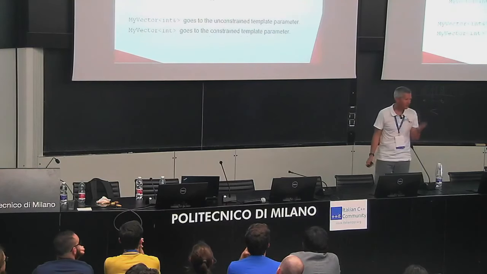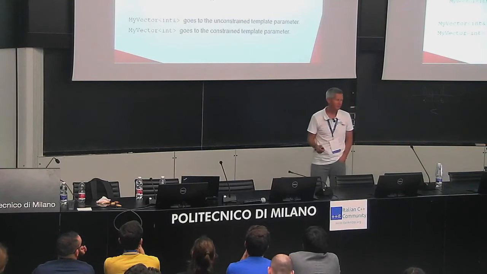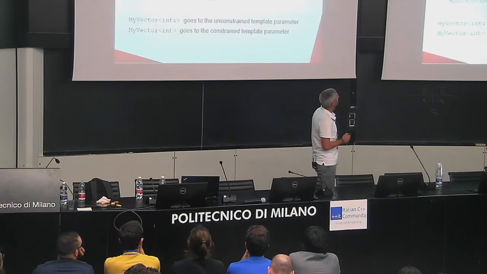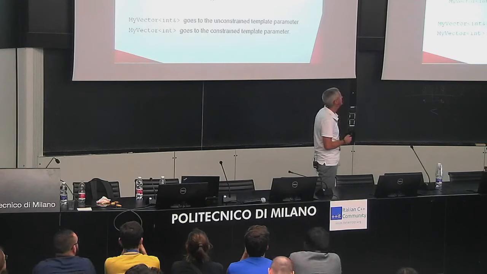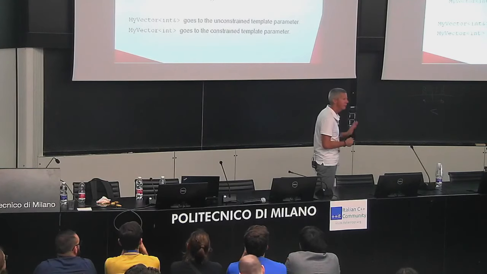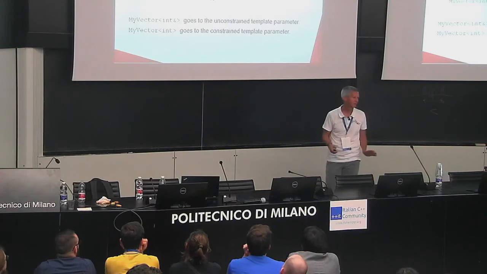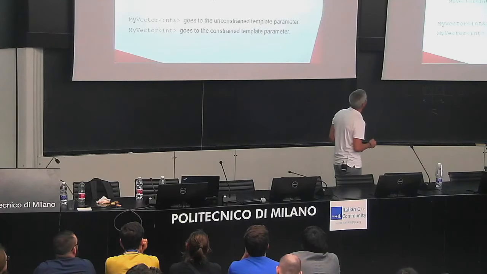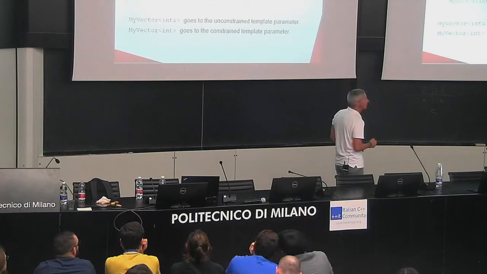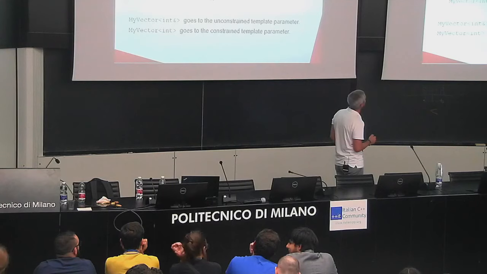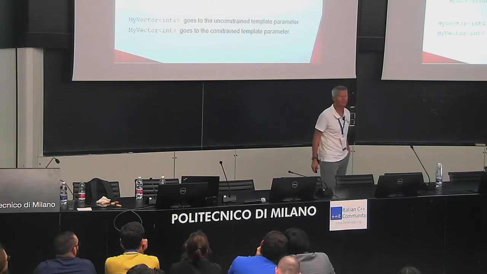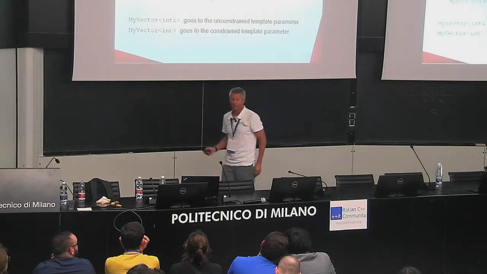Okay, we can also do a kind of specialization. I have here, this is called a primary template, so no constraint on this one. And here I constrain it, it's a partial specialization for object. If you don't know what an object is, this is a well-defined term, you have to look it up in cppreference, but I don't care for this presentation. If I use it with int, this is an object, but with a ref, no, this is not an object, this is a reference. This one will go to the general case and this one will go to the partial specialization. Okay,